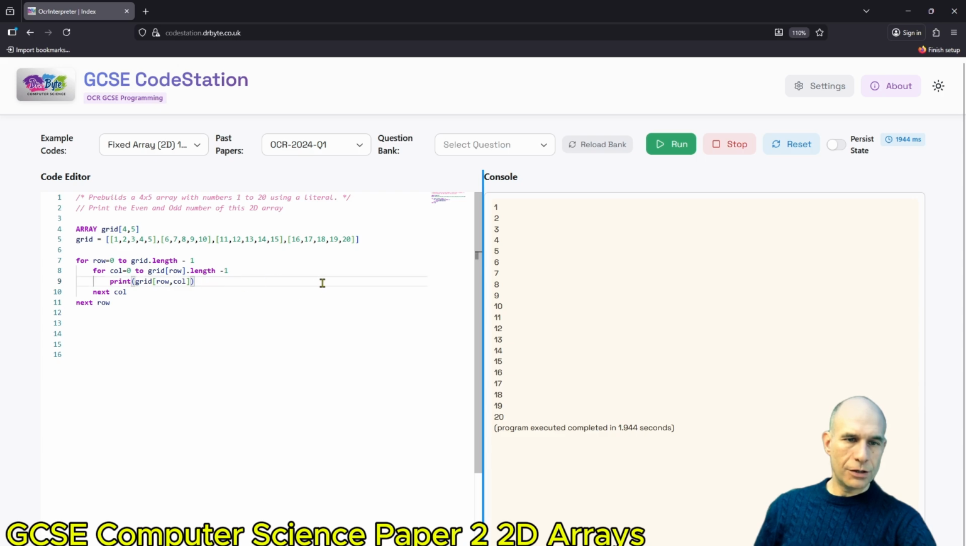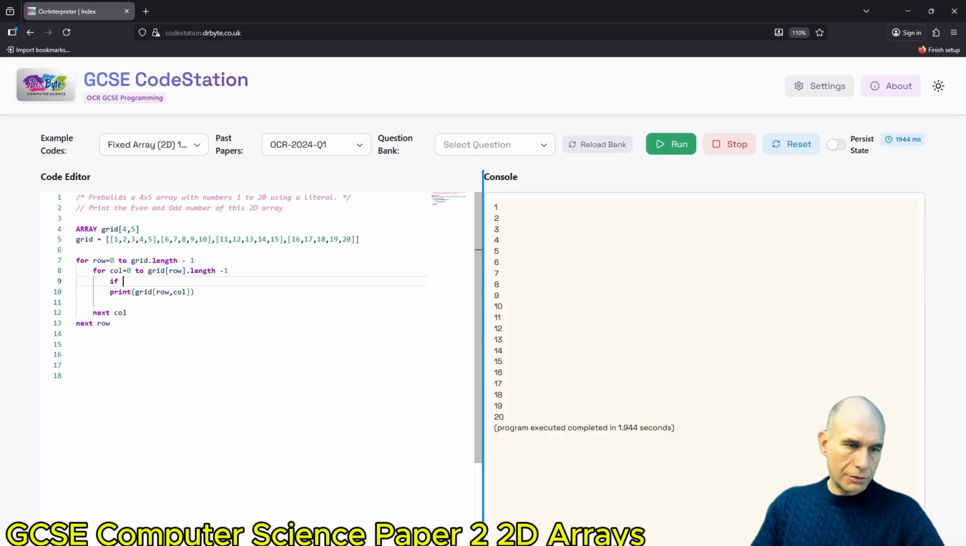Now, what do I need to do? Actually, this is very simple, right? Because now we are accessing the value of the 2D array. So what I'm going to do is I just create an if statement. Actually I don't need to print this. If grid row and column mod 2 equal 0, then print,